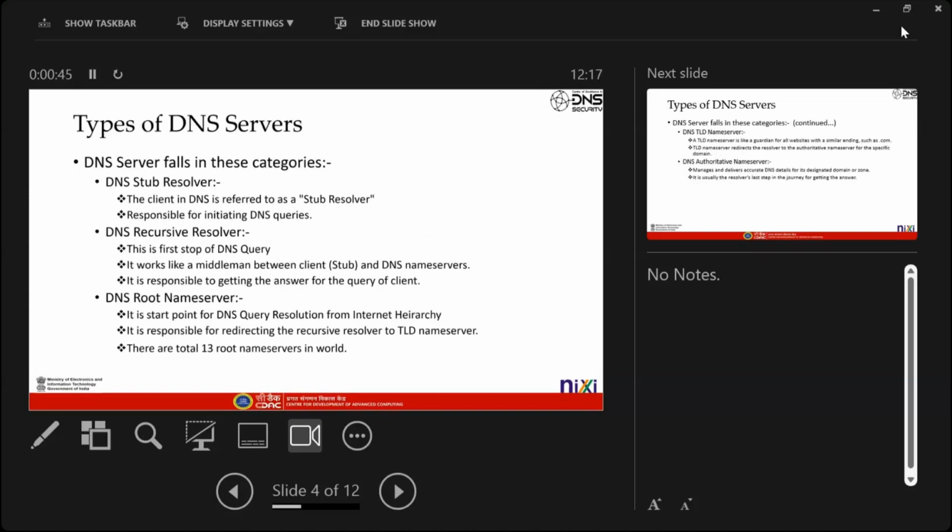Starting off with the types of DNS server. It has already been covered in a previous session, but just for refreshing once again, the following categories are common. Stub resolver is where DNS queries are generated. Recursive resolver: after passing through the stub resolver, the next stop is the recursive resolver. It works like a middleman between the client, which is also known as the stub in the DNS ecosystem, and DNS name